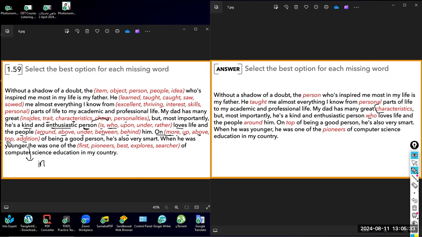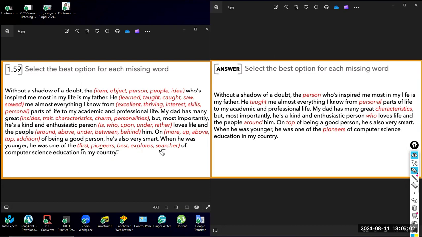So this is why I have to say, on top of being a good person, he's also very smart. When he was younger, he was one of the pioneers. Now, if you want to take a look at the words that I have first: pioneers, best, explorers, and searcher. Now keep in mind that if you want to say, for example, he was one of the first